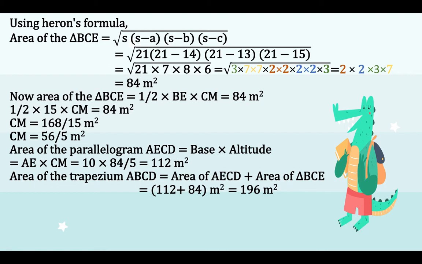On adding the area of this parallelogram and triangle, I will get the area of the trapezium, or you can directly write the formula for area of the trapezium now as half into sum of the parallel sides multiplied by the height. Okay, we have all the values. Sum of the parallel sides are given to us, 10 meters and 25 meters, and height we have calculated. So you can put all the values and directly find the area, or you can add these two areas and get the area of trapezium.